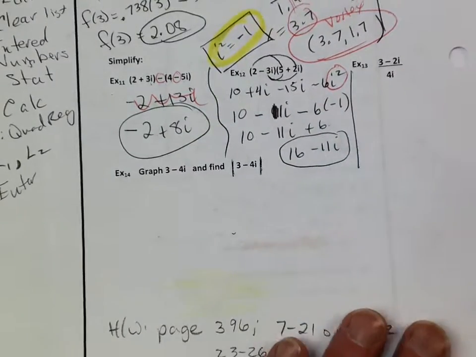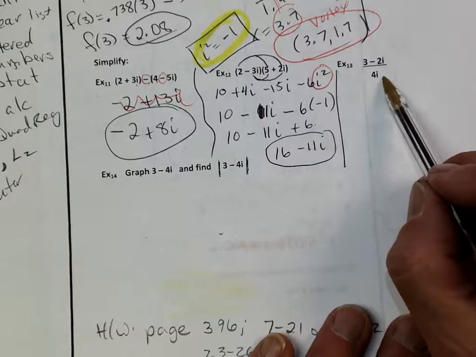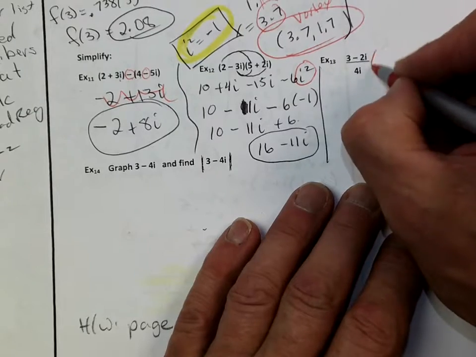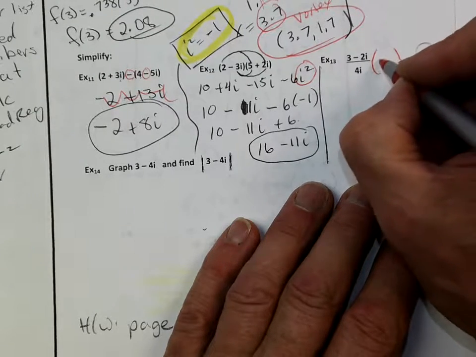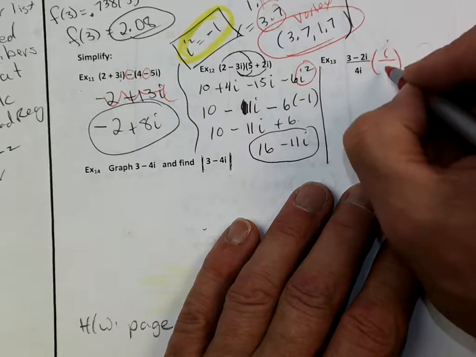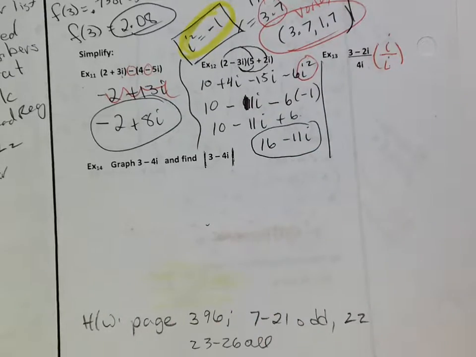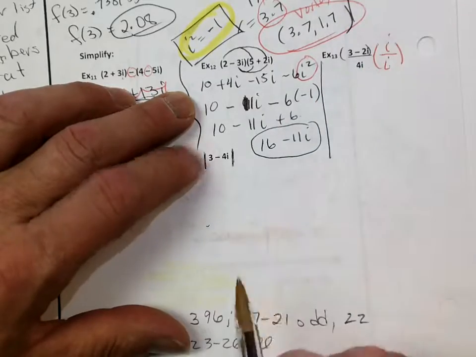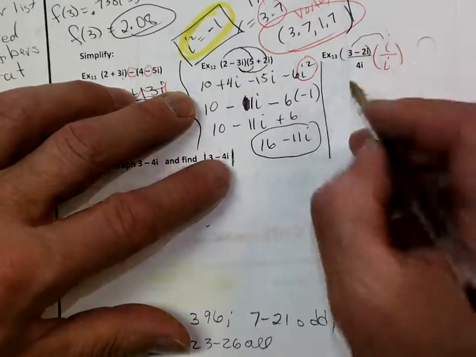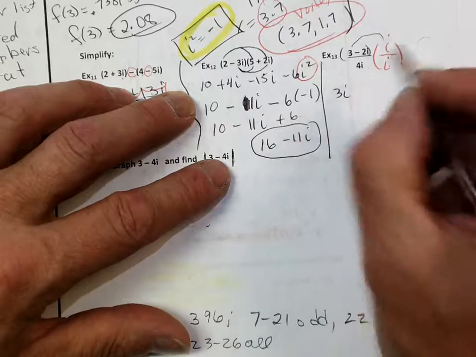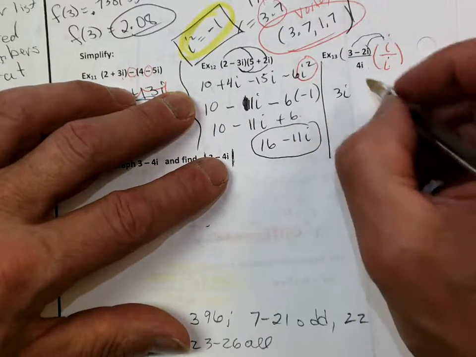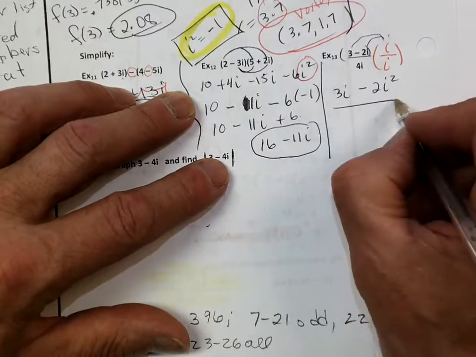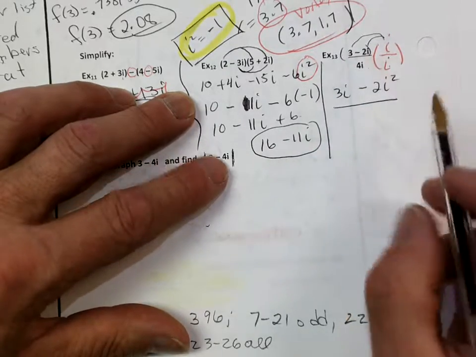Example 13. So you can't have an i in that denominator, so we multiply. We're going to fix the problem with the problem. So what we're going to do is just multiply the top and the bottom by i over i. Okay? So let's see what happens. I'm going to have to multiply i times 3, which makes a 3i. i times a negative 2i is a negative 2i squared. That times that, that times that. And then on the bottom we'll get a